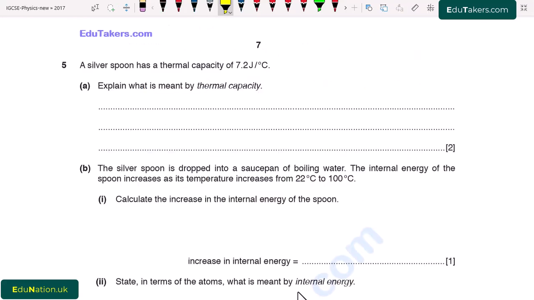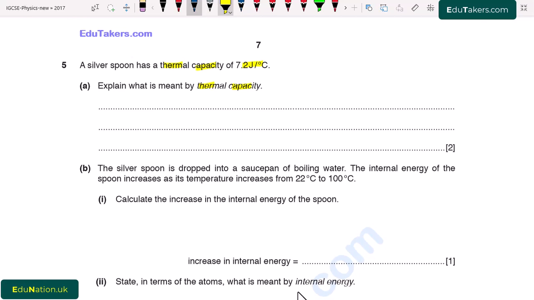Question number 5. A silver spoon has a thermal capacity of 7.2 joule per degree C. Part A. Explain what is meant by the thermal capacity. So here we have to explain what is meant by the thermal capacity. So thermal capacity is basically the amount of heat energy needed to raise the temperature of a substance by 1 degree